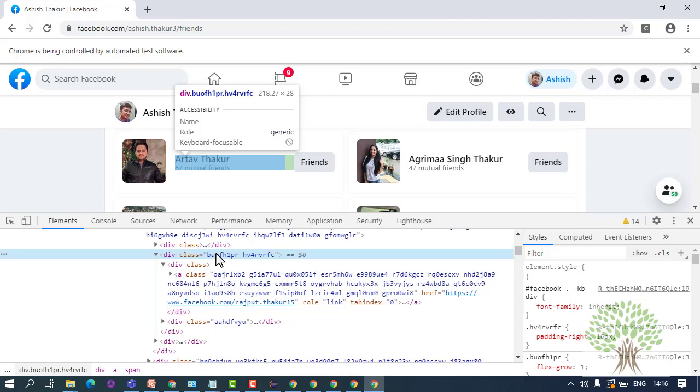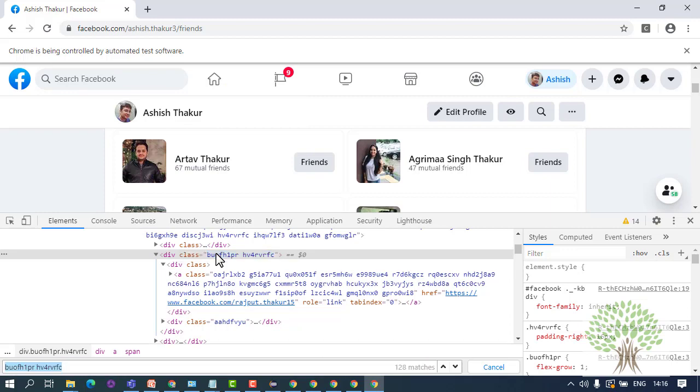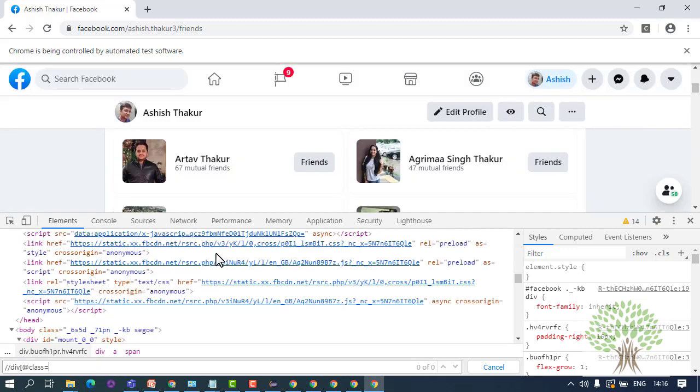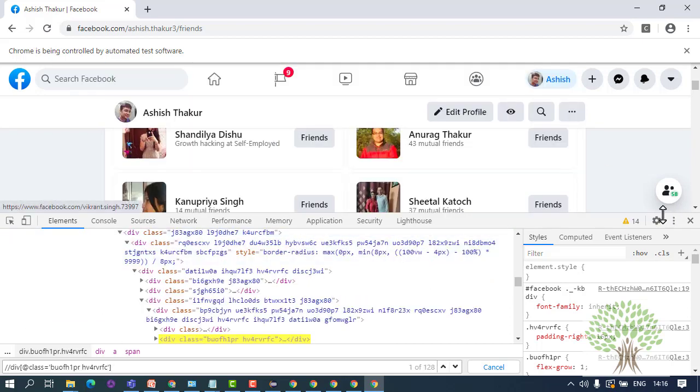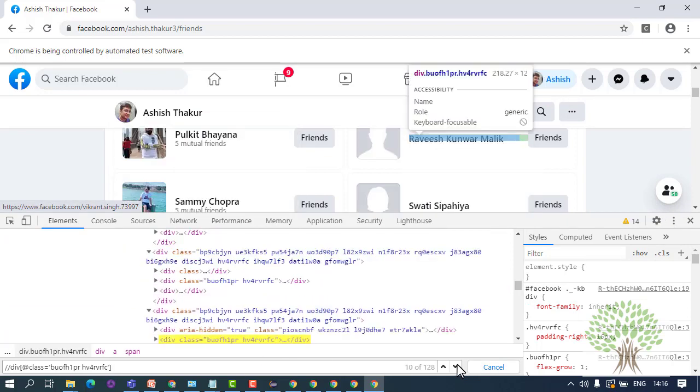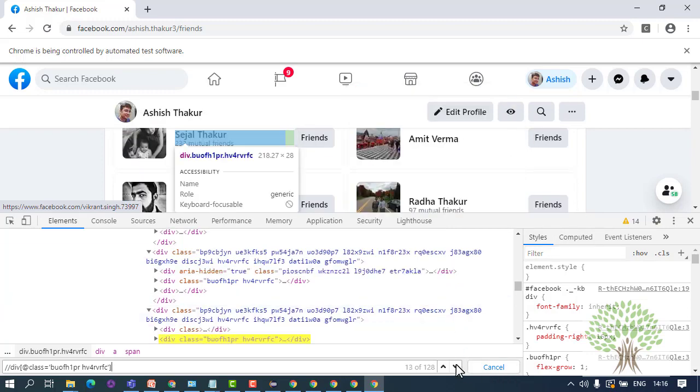So if I make this particular XPath, that there is a division whose class is this, I get the complete friend list. I get the complete friends, but I don't get just the name.